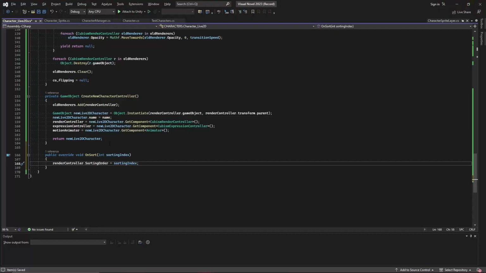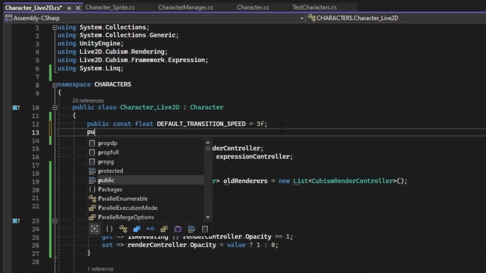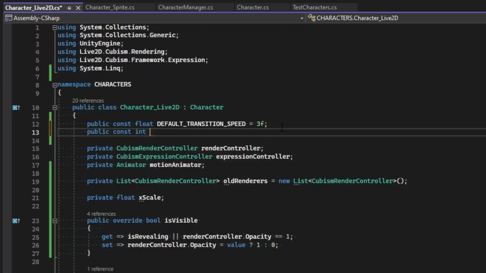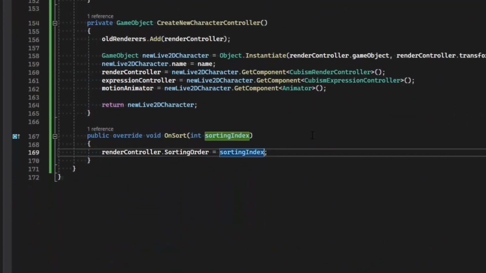Once you find that number, we can come to the top of our Live2D character script and make another constant called public constant integer, and this will be the character sorting depth. And then maybe I'll add size to the end of that. So character sorting depth size will be 250 per character. So once we receive this sorting order, we'll get the index and we'll multiply that by our